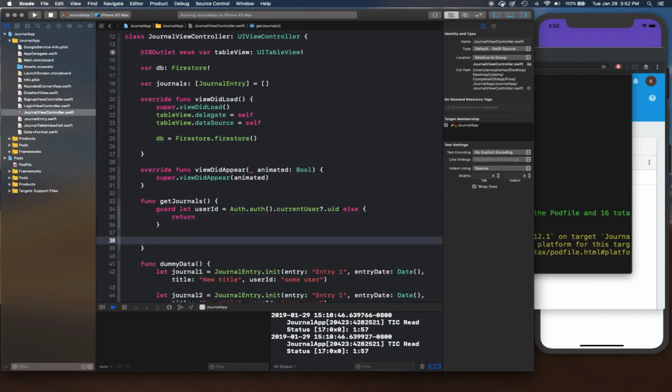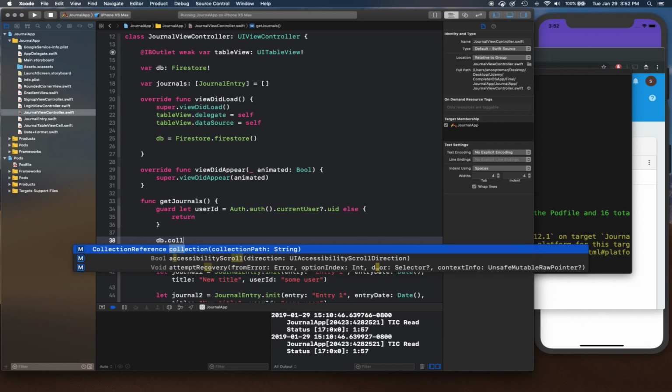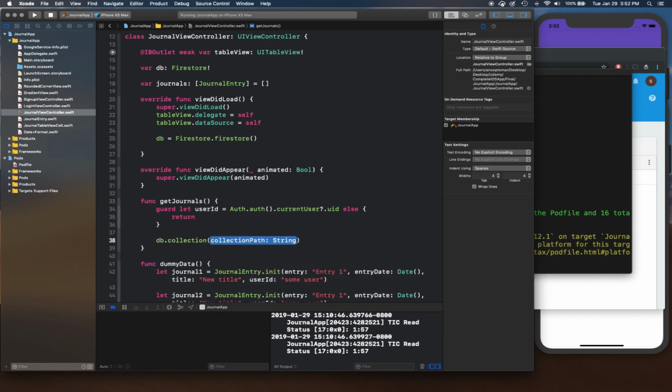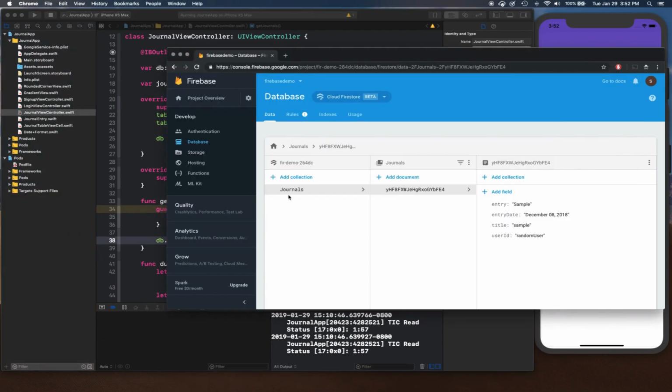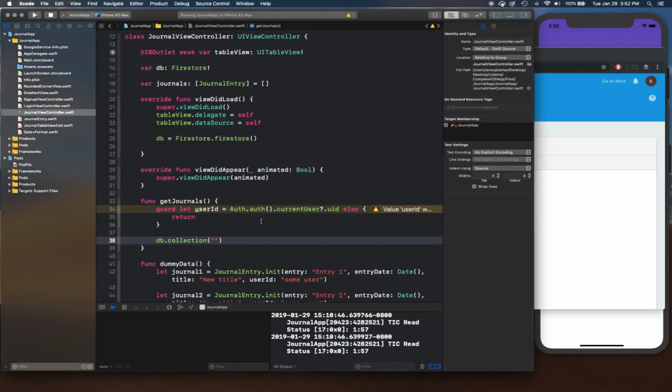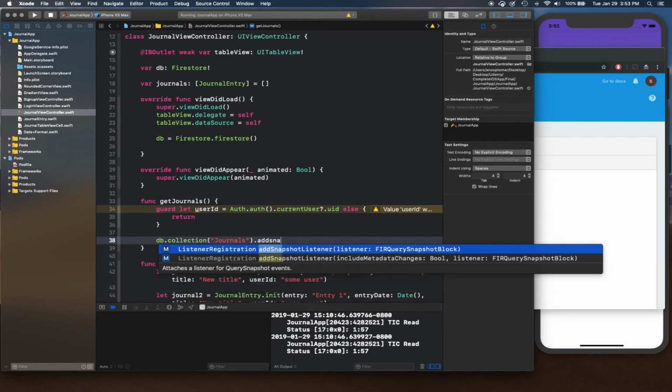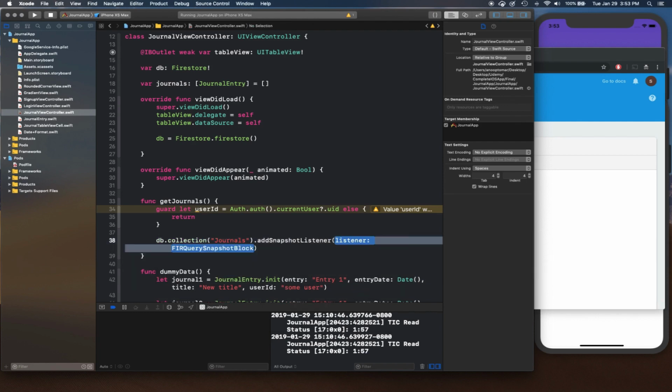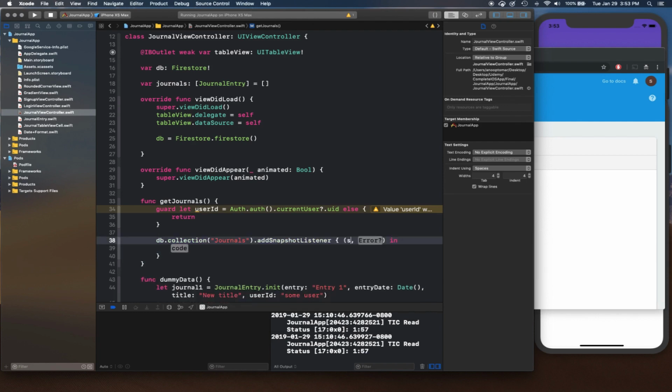Okay, and then we're going to say db.collection, and we're going to give a collection field. The collection path is basically the collection that you have created, this one right here. So I'm simply going to copy this and paste it right here. Now we can put a where condition, but we're not going to do it right now. We're simply going to say addSnapshotListener, and here we're going to get a snapshot